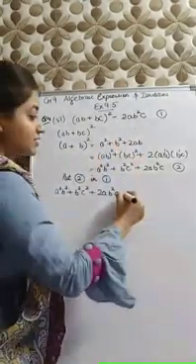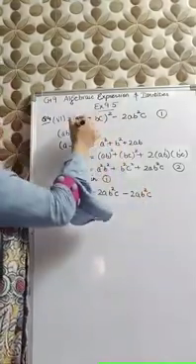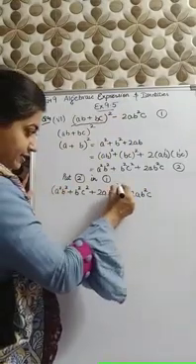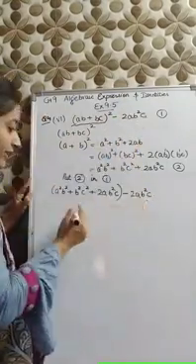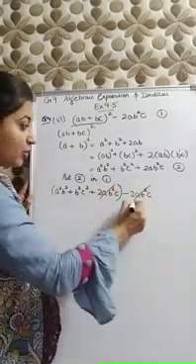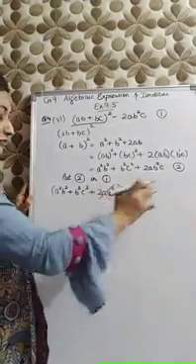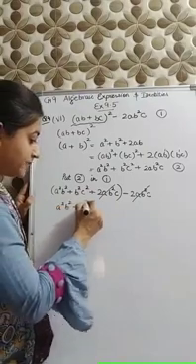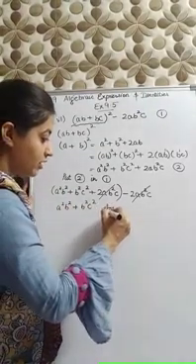And this last term, second term, 2AB square C will be written same. The value of this term I have put this, and second term will be kept same. Now open the bracket. This is plus, this is minus, both will cancel out because they are like terms and signs are different. So that's why I have cancelled out. So we are left with A square B square and B square C square. Both are unlike terms, so this is your answer.